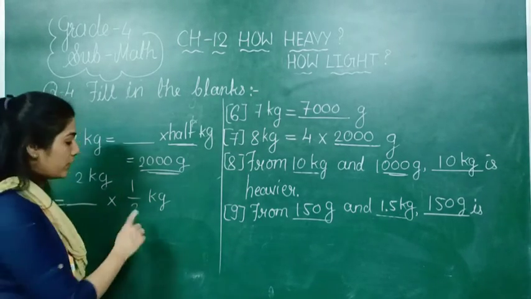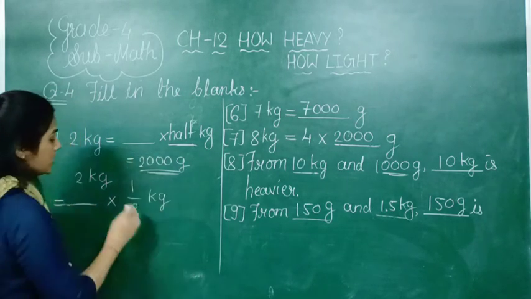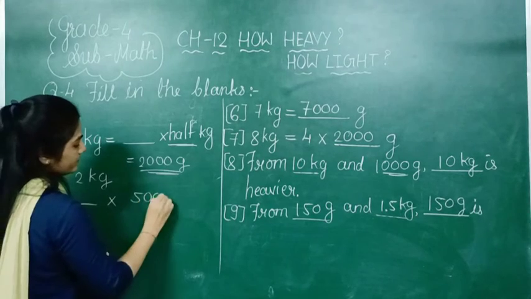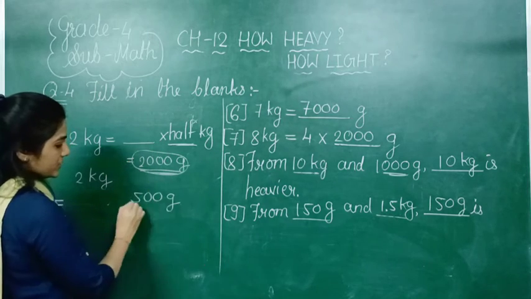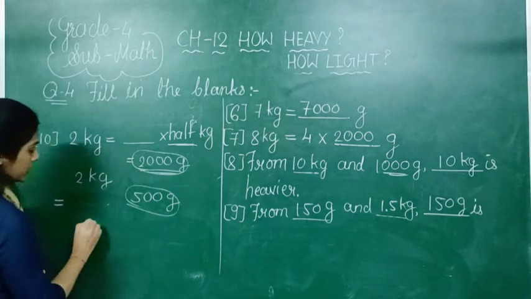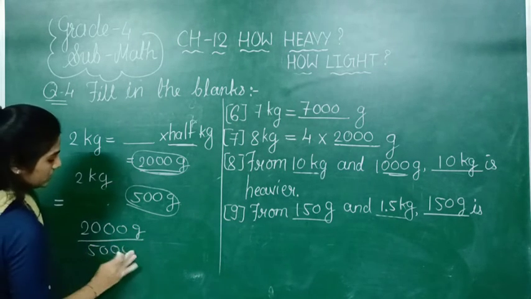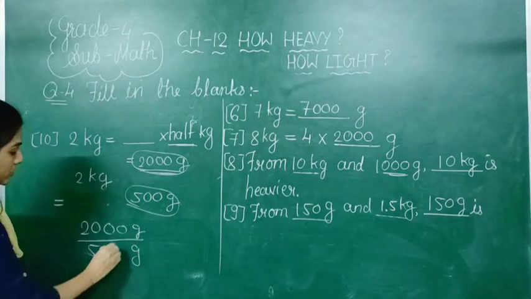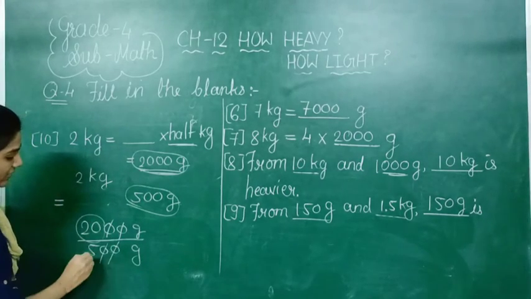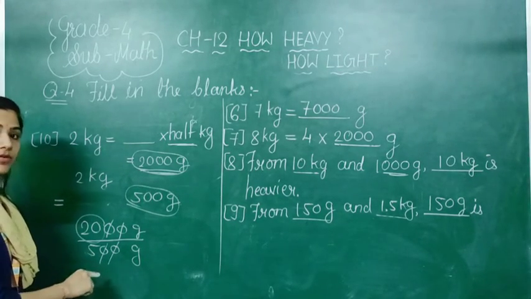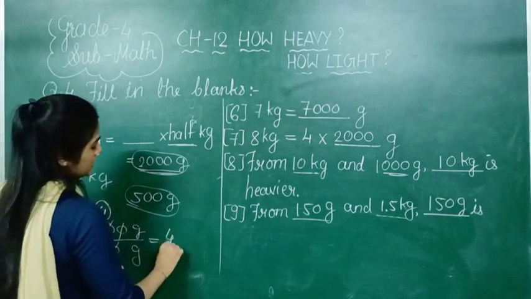So 1 upon 2 kg means how many gram? We know that 1 upon 2 kg is equal to 500 gram. Already we have found this in a previous number. So we can write here 500 gram, right? So what we can do now, we will divide this 2000 by this 500 gram. So 2000 gram divided by 500 gram. At the back these 2 zeros we are cutting because they are the same. Now 20 divided by 5. In the table of 5, 20 comes at 5 4s. So 4 is your answer.